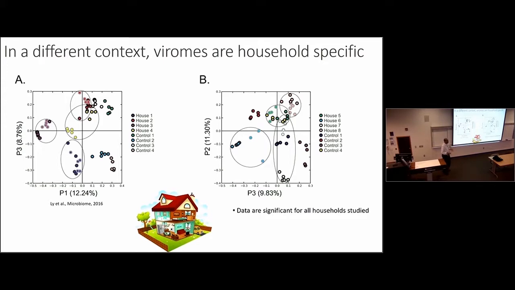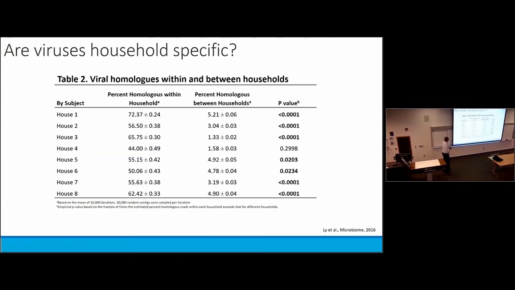So not only can we tell who you are by looking at the viruses in your mouth or in your gut, but we can tell who you live with just by looking at the viruses in your mouth and your gut. And we believe that all this is taking place because you share your viruses. I do want to mention that most of these viruses are bacteriophages, so a lot of what's actually being shared are bacteriophages. And we can also show that this sharing is very household specific, and that it's statistically significant in 7 of these 8 households, with a huge trend even in the one household that was not statistically significant. So these aren't things that happen by chance.